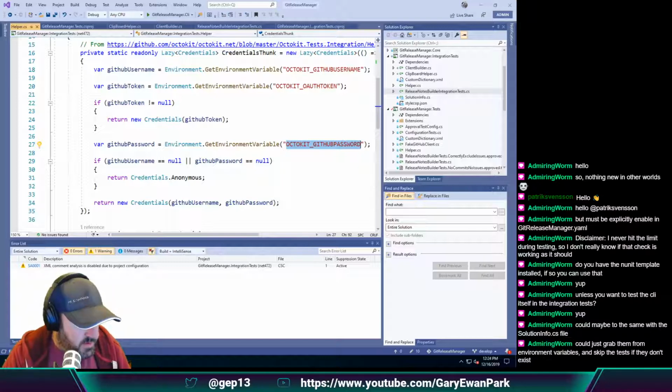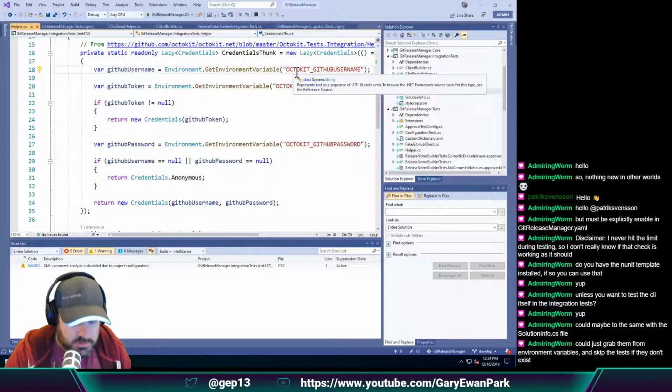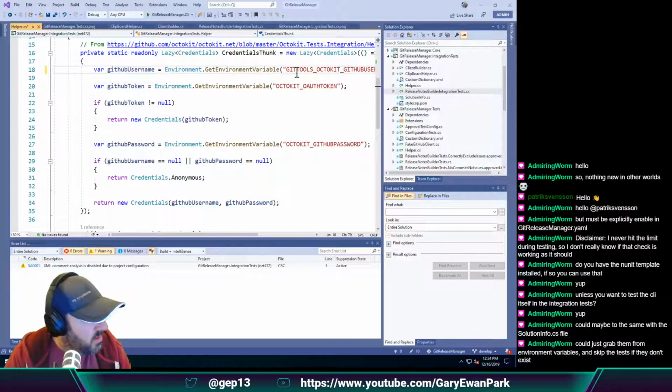Interesting, it's not there. But if I go over here and do underscore profile. Why does that not work? There we go. What I normally call it is, yeah. So let's do this. This is a username. I'm going to call this gettools underscore GitHub username, which is the one I normally use. And we'll go for gettools underscore GitHub